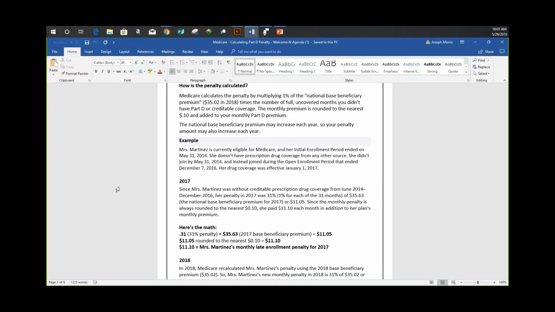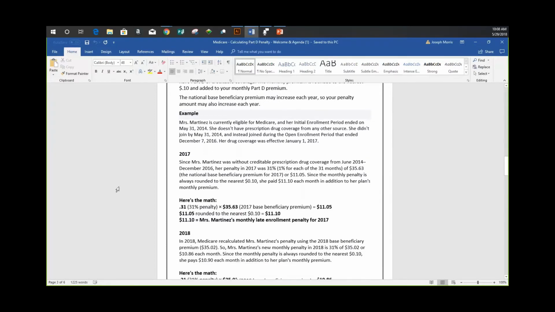31%, which is 1% times the number of months, times $35.63, which was the 2017 base beneficiary premium, equals $11.05. When you round to the nearest tenth, it would be $11.10. So Mrs. Martinez's monthly late enrollment penalty for 2017 would be $11.10. So in 2018,